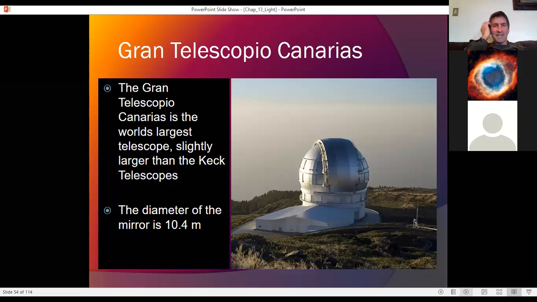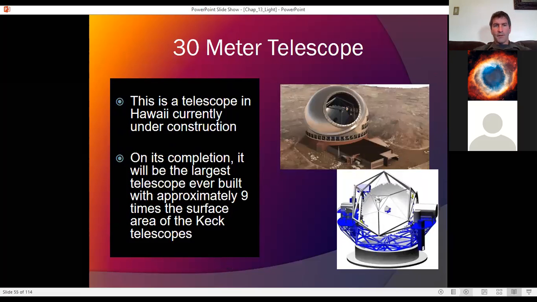Okay, this is the Gran Telescopio Canarias, which I butchered its name, but this is in the Canary Islands, and it is the world's largest telescope at the time at 10.4 meters. I think they're building a 30-meter telescope in Hawaii, and they're also building another big telescope in